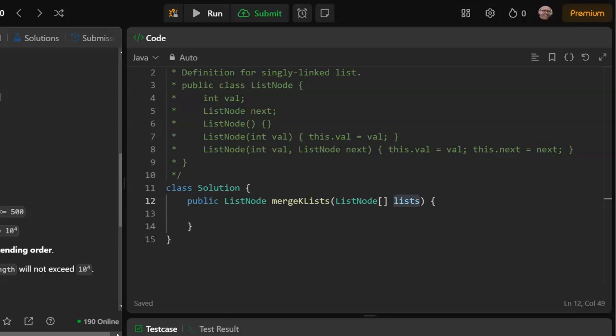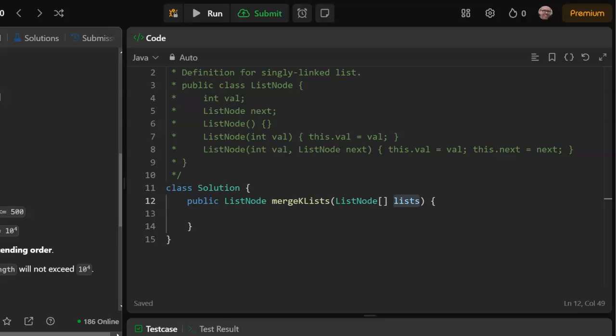It's going to be a log k, because we're cutting the number of lists in half every time. I think it's going to be n log k. No, I'm sorry, nk log k. Let me think about it. Anyway,